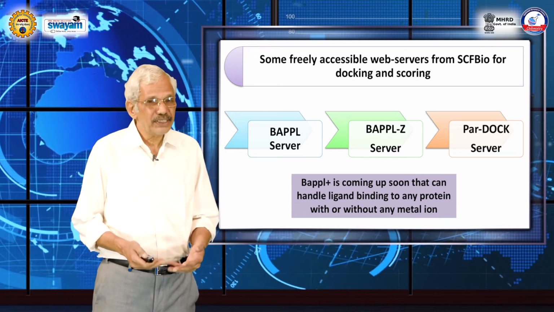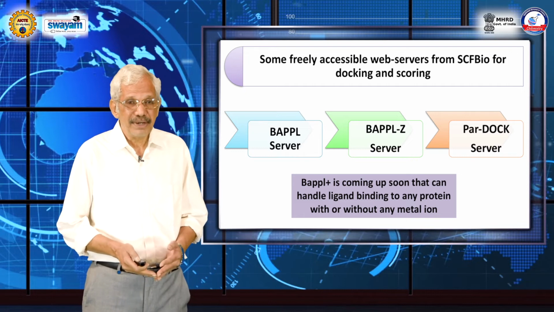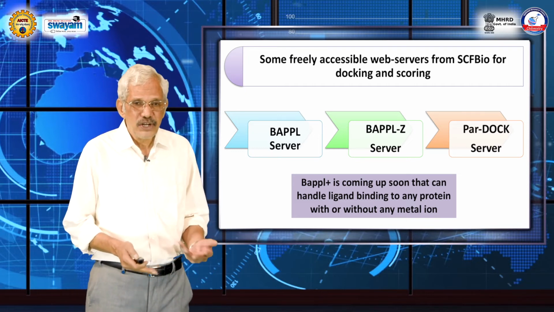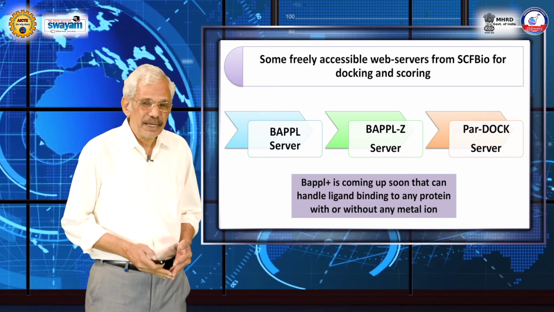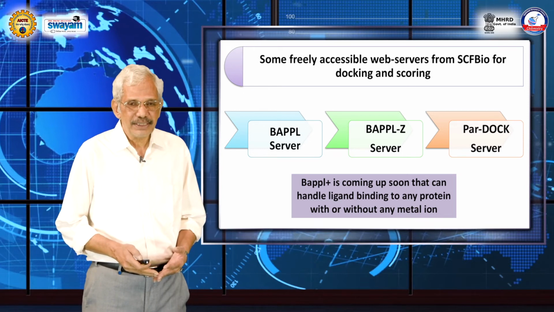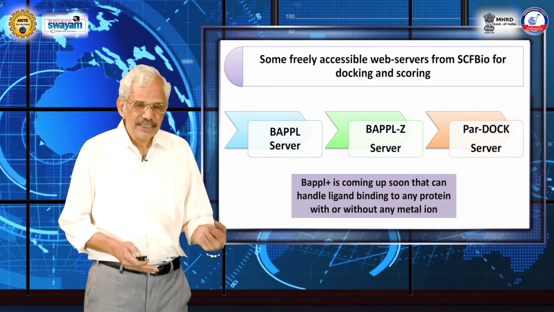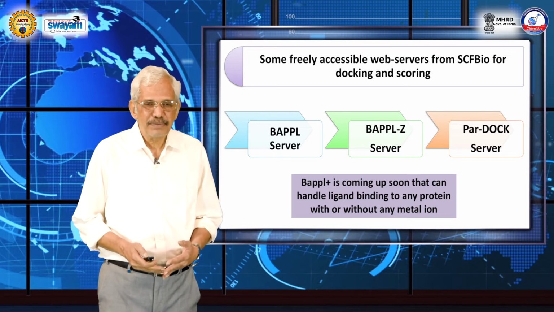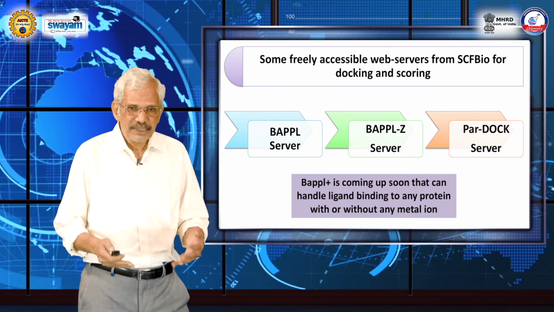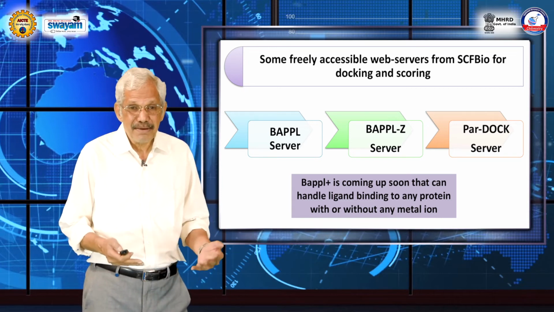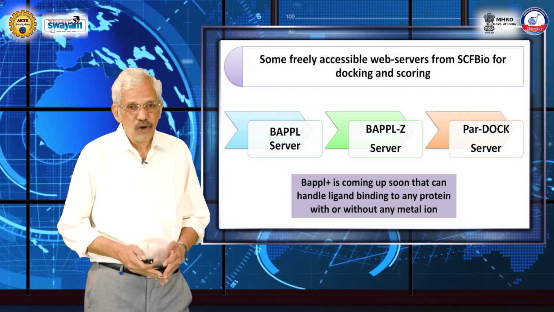Now, of course, machine learning is becoming extremely popular these days, and my students don't want to stay away from these new ideas, new trends coming up. So what they have done is to take our BAPL, that is binding energy methodology software. They parameterized the van der Waals, the electrostatics, etc., using machine learning, random forest to be more specific, and then they optimized it and they evolved a scoring function which is supposedly the best scoring function now globally.